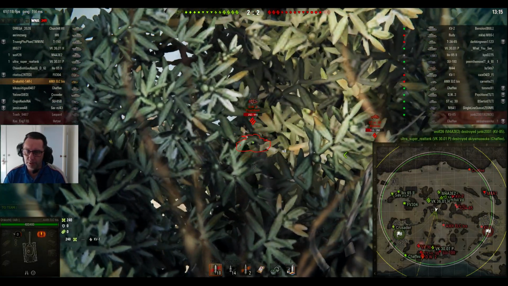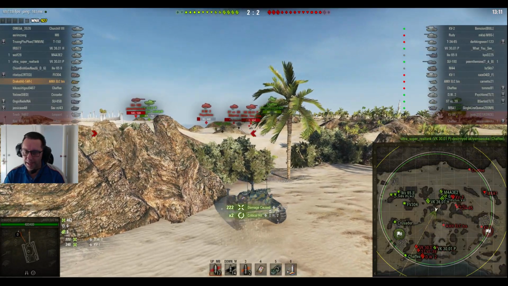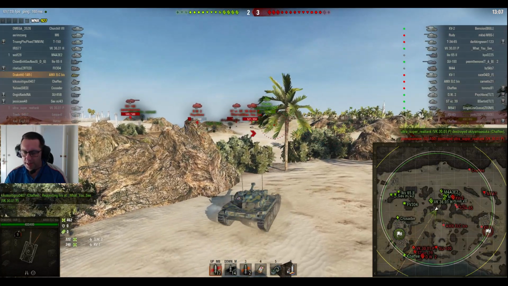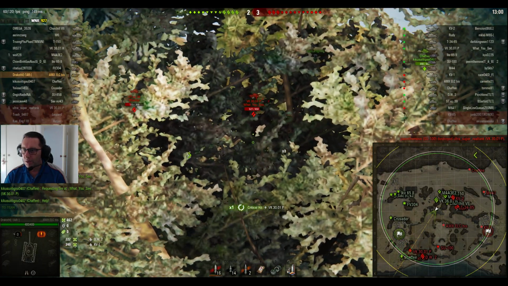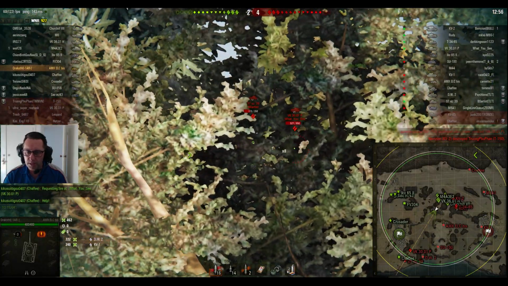Aiming at the DW2 again, the tier 4 heavy tank, puts another shot into him. Looks like the first shot did hit, but of course the tank wasn't lit when he hit him the first time, so it doesn't come up in the damage counter. Auto aims on the VK3001P. What you see, which is a pretty cool name,